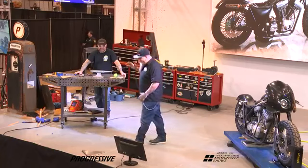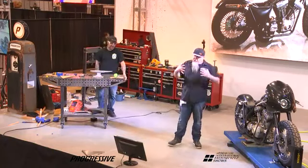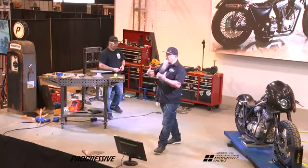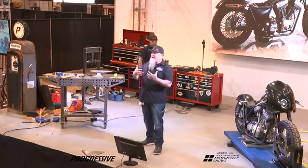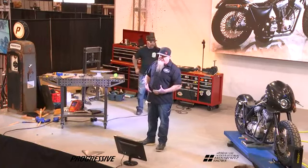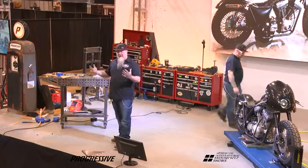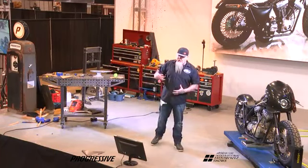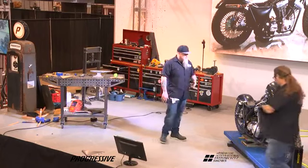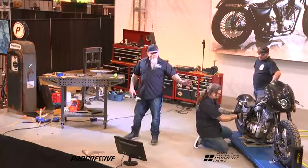But anyway, we've got 3 different shops represented up here. What we do at Grease and Gears Garage is give you a little glimpse into what life in a shop looks like. We're going to be making something. We've narrowed tanks on stage. We've built fenders. We've made tanks from scratch. We've had all kinds of folks up here working with us over this 4th show with the Progressive International Motorcycle Show. Right now, we're making side panels for a bike called